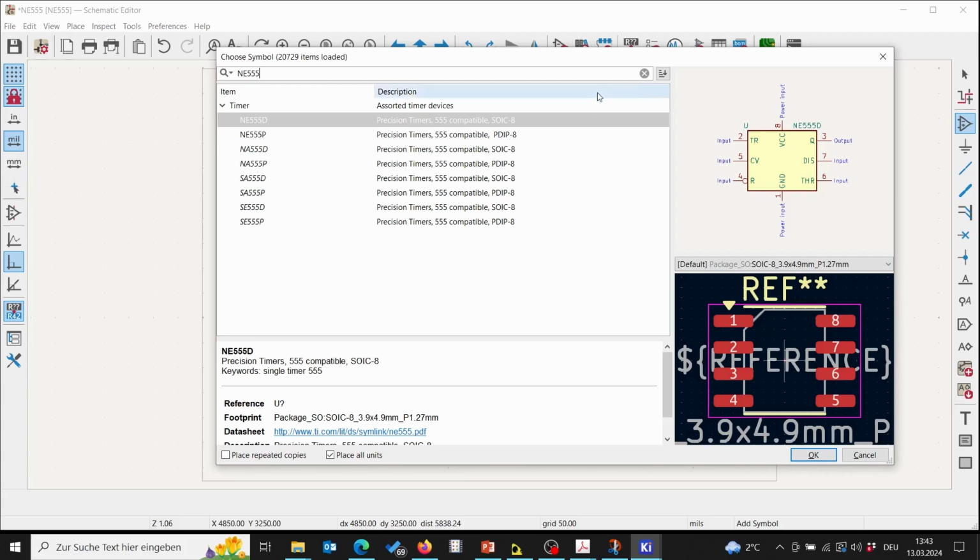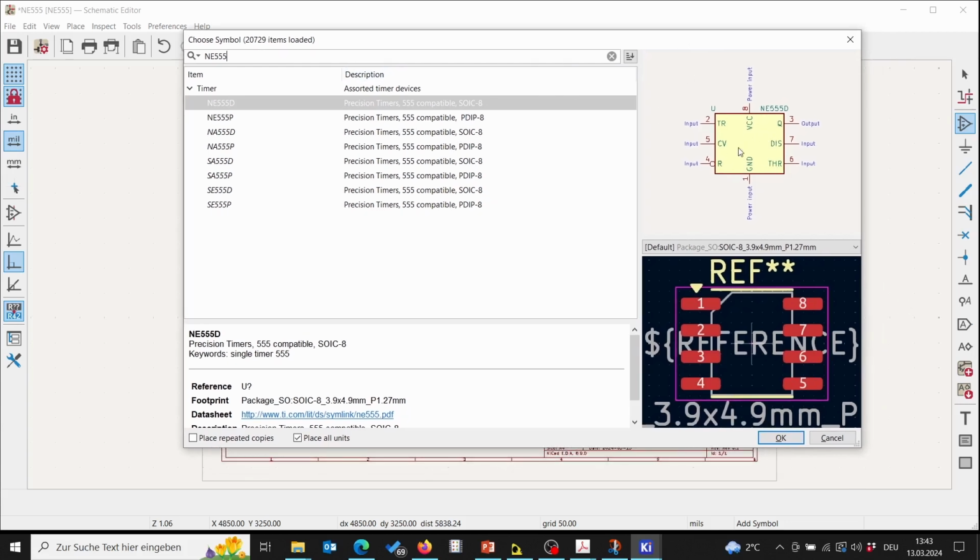So you see here now on the right the symbol for our schematic, and at the bottom the footprint associated with this symbol in this case. So we see here SOIC